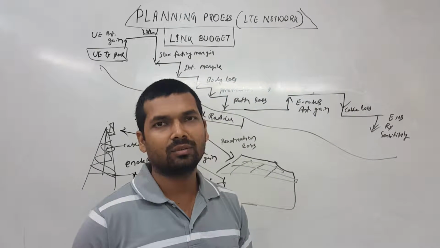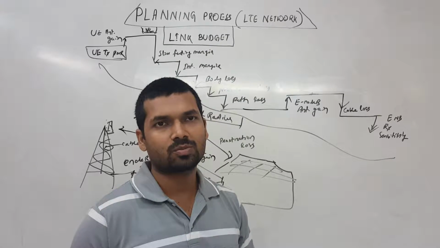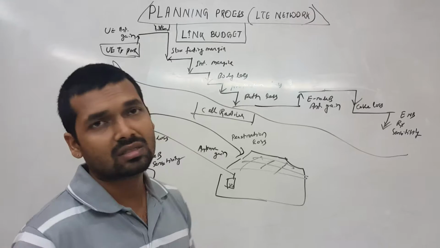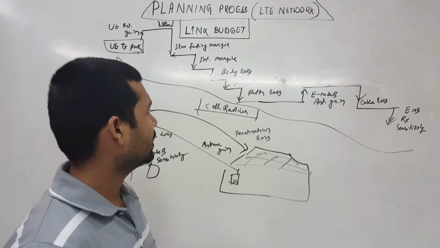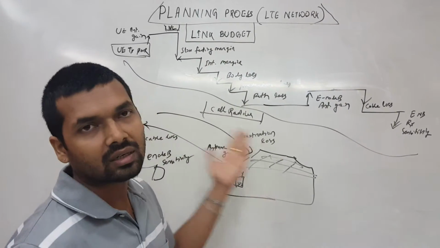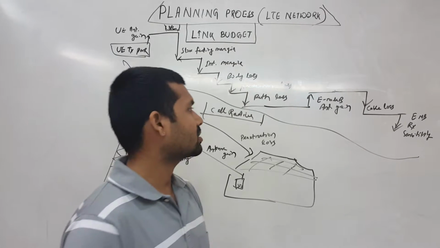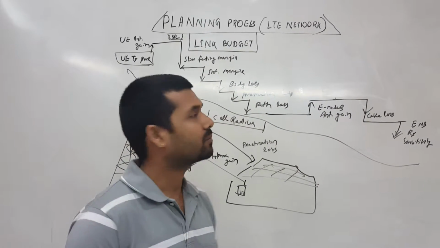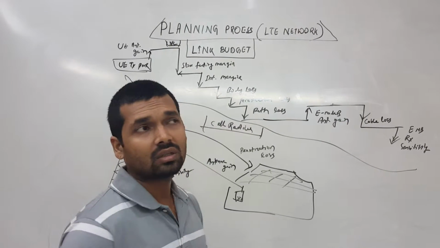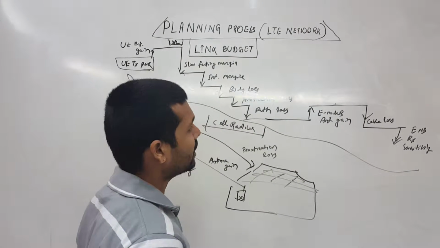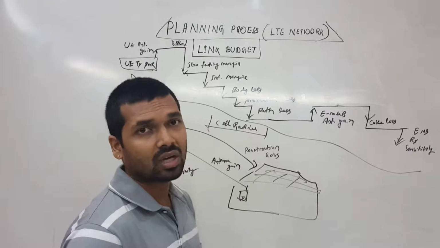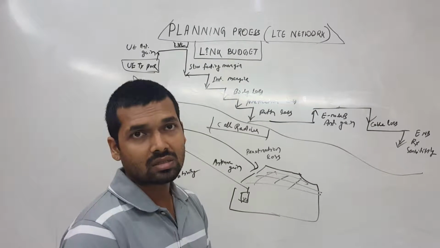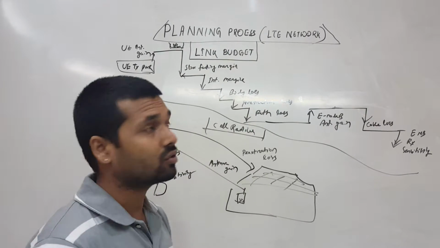Let's start the link budget, specifically the uplink budget, and we'll be discussing what the gains and losses in the uplink are. And later on, we'll understand how the cell radius is calculated through the link budget. Individually, we'll be discussing the parameters and the values determined or required to get a perfect link budget to calculate the path loss, and later on calculating the cell radius, which is required for cell planning further.